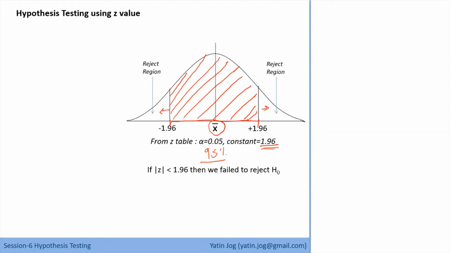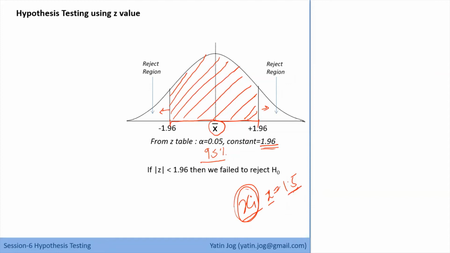Now suppose I tell you there is some xi, and for that xi the Z value is 1.5. Suppose for that specific xi in my data set, the Z value of that xi is 1.5. How to calculate that Z value? We know that xi minus mu upon standard deviation. That is the formula for normal distribution. Okay, fine. Suppose the Z value is 1.5.